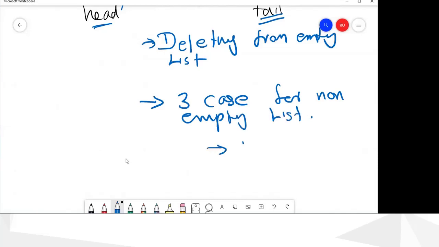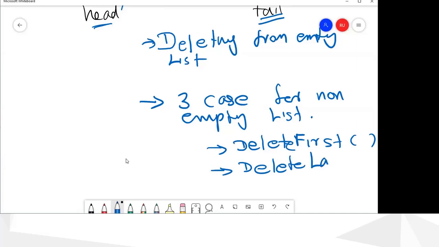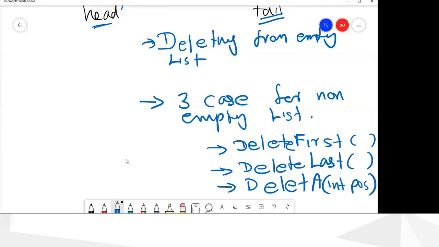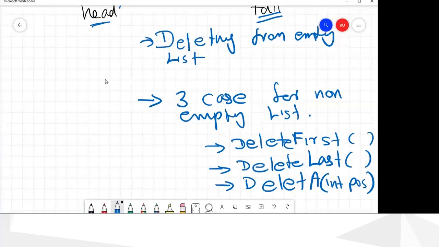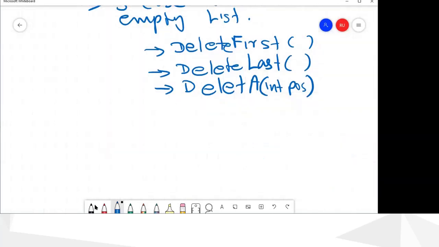The first is delete first element, the second is delete last, and then delete at a position, where you have to give the position. So we will be discussing these 3 functions.